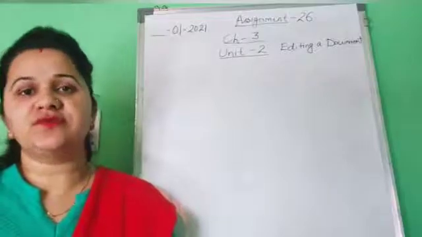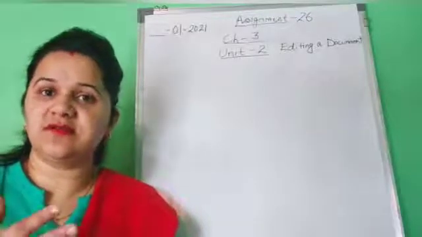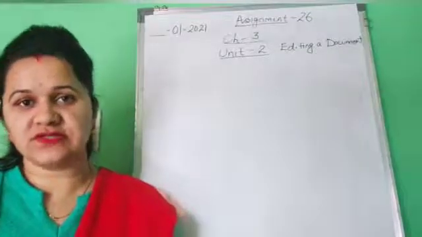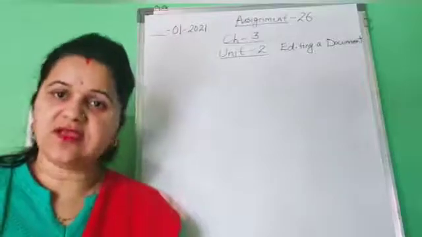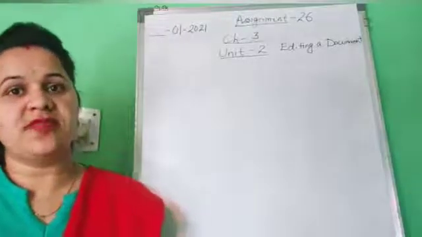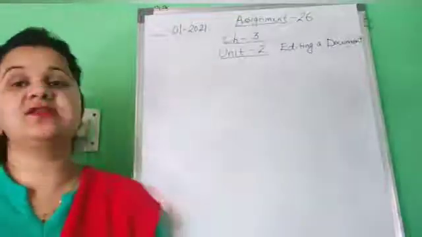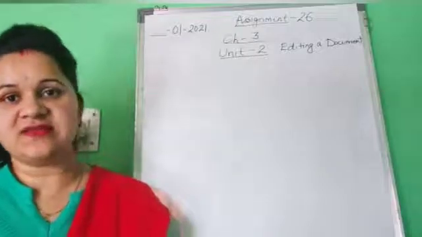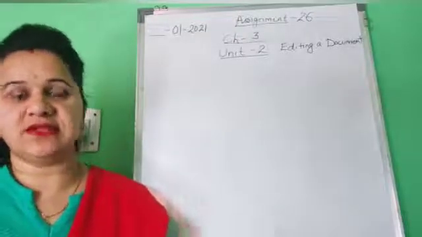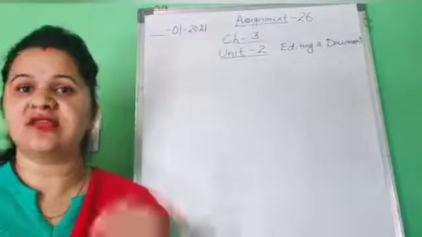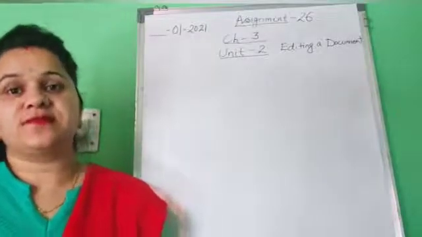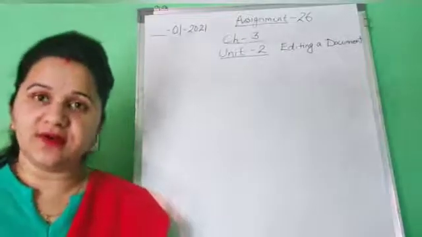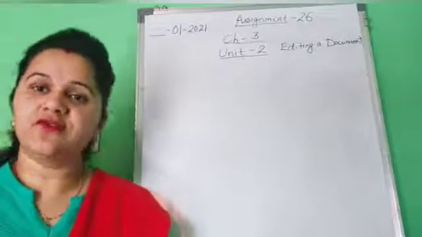Okay, so children, now what you have to do, the questions, the assignments which are to be given, will be given to you in Padhe Bharat. You have to find out the answers of those questions and write down the answers in your computer notebook. Also make sure that you mention the assignment number and your name on the computer notebook. Got it, children? Because as you all must have known till now, we teachers are maintaining a record in which we are writing the names of the students who are sending in assignments. So it's mandatory to write down your name and also mention the assignment number. According to that, we will give you marks in your final exams also.